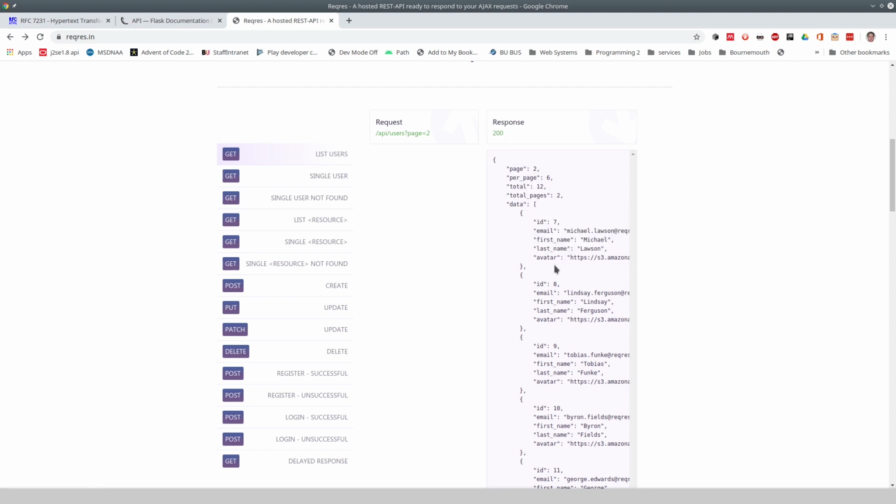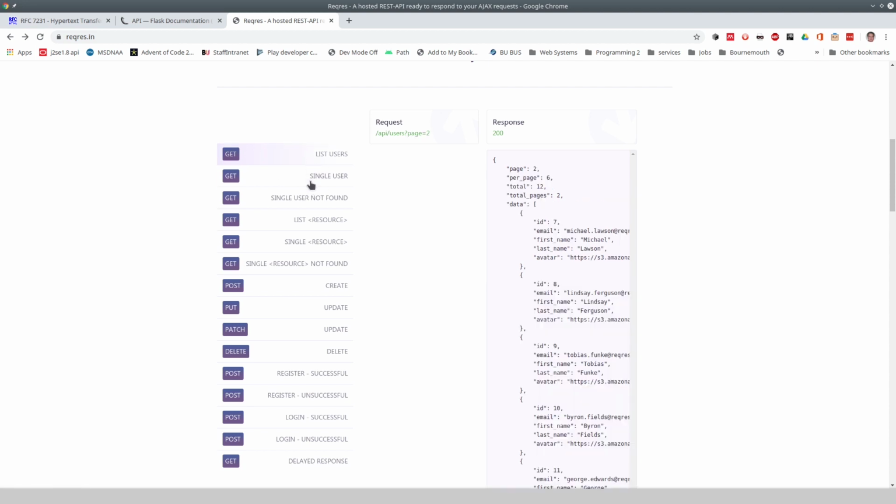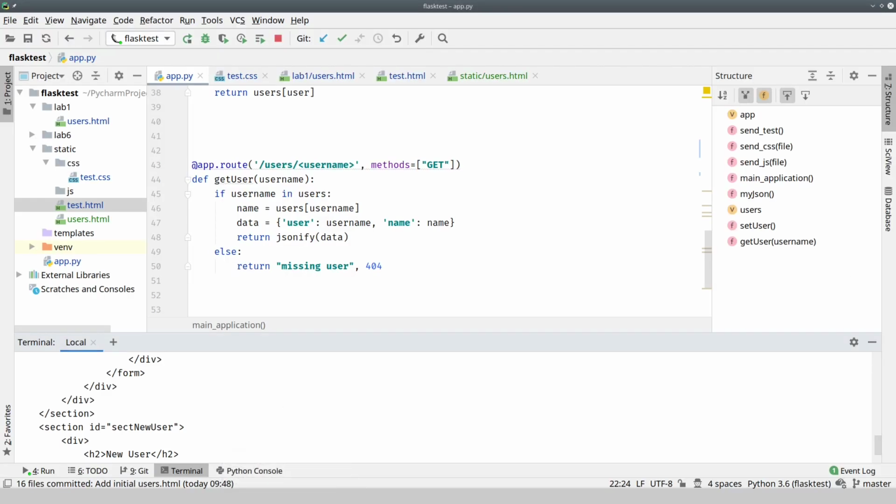How do we then use this information? This user response will even tell us how many pages we have. We can ask for a single user, etc. You could have a user not found, etc. So this is an example API that you might be able to find in reality. So going back to PyCharm,